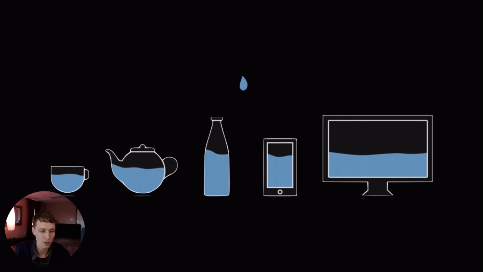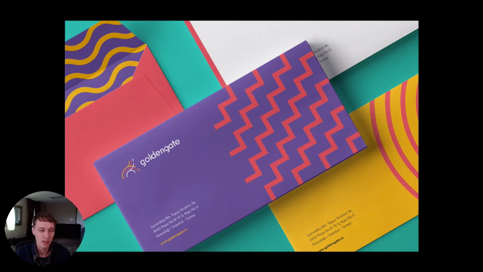Okay. So what does an identity system look like? What is actually an identity system? Well, let's look at a really good example that I found online. So this is an identity system, at least the finished product. This is just an envelope for a letterhead. We'll go into the details of different aspects of this, but I just want to point out real quick, what we have here is a logo, a color palette that's pretty clear, and a pattern motif. You see each of these pieces has a different pattern, and there's also a font that's being used.